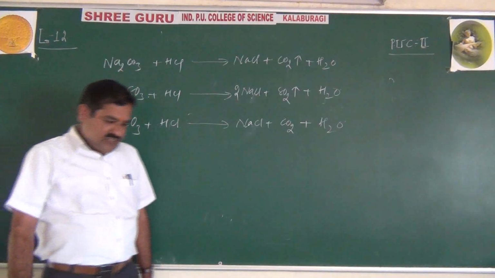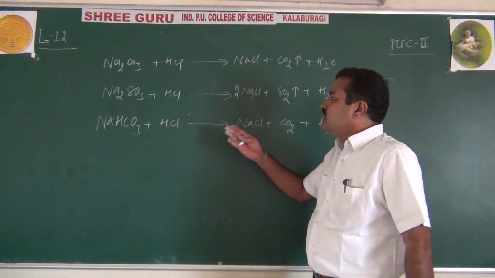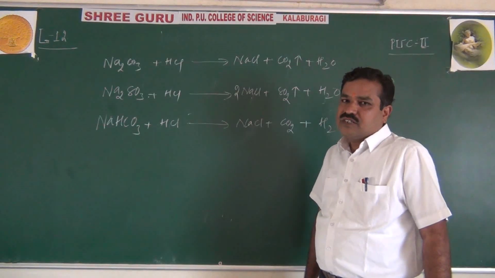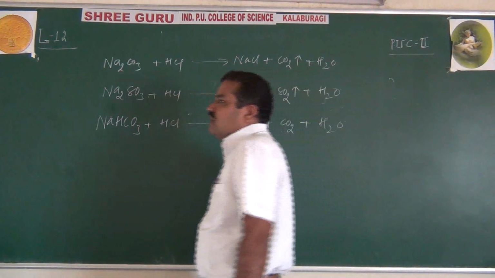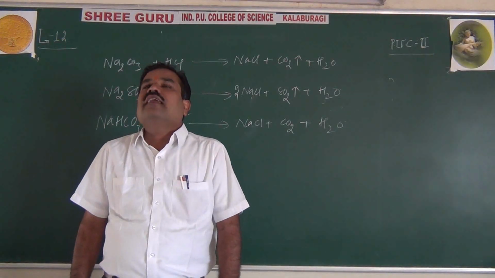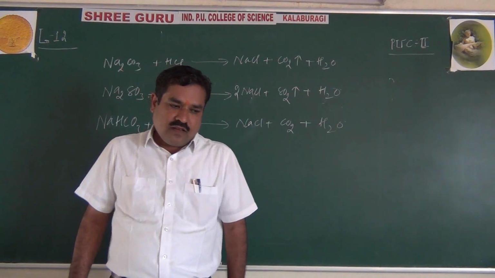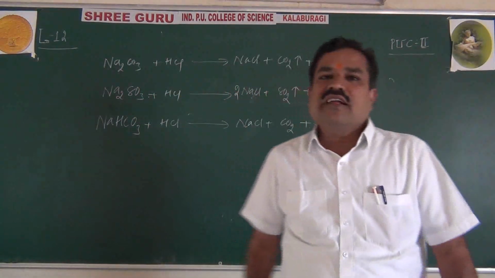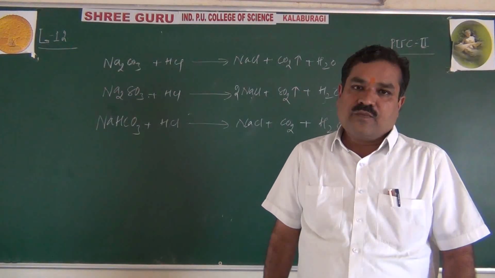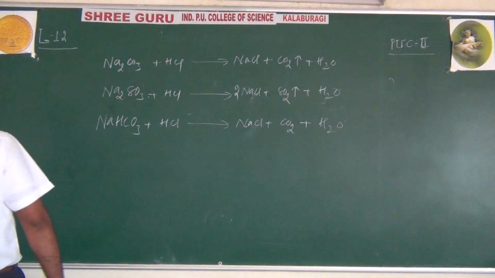So that's about HCl. Now what are the uses of HCl? It is used as a decomposing agent for these salts, to dissolve gold using aqua regia mixture, and it is commonly used as a lab reagent, 11 normal. Okay, HCl 11 normal. It is used as an important lab reagent for inorganic qualitative analysis in aqueous state, not in a gaseous state. Okay. Now after completing this, we go for oxo acids.